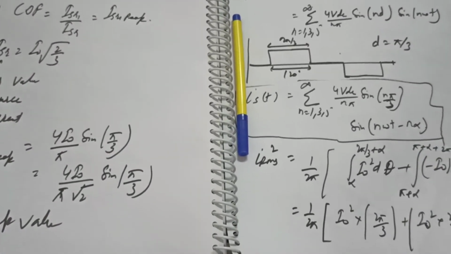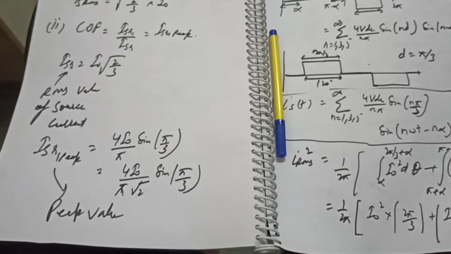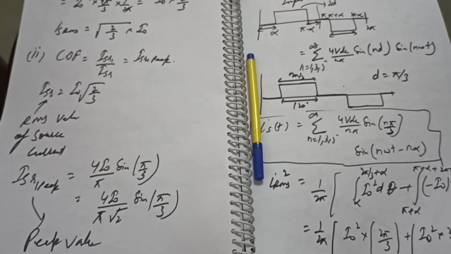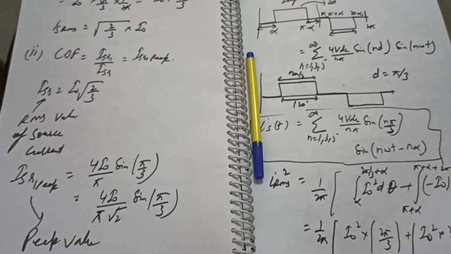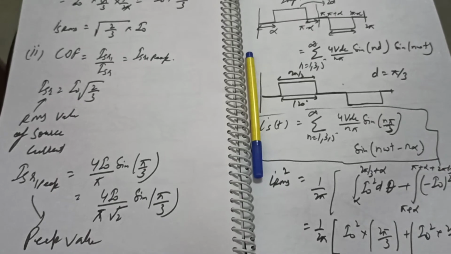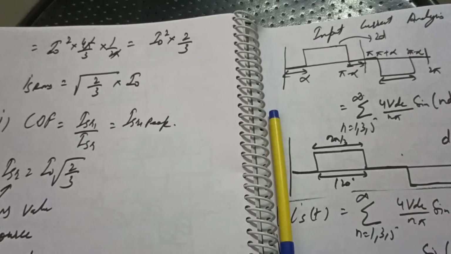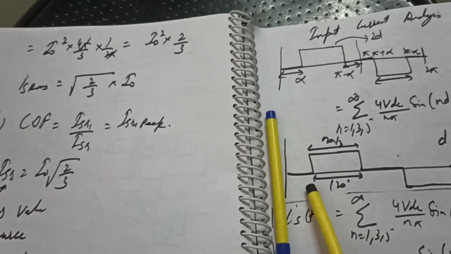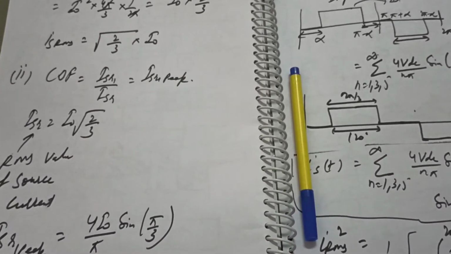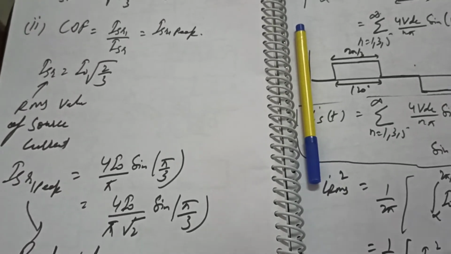Then we are simply going to integrate it to get the IRMS value, the RMS value of current. I had already discussed the current distortion factor, but I will recall this because it is important, that the Is RMS value is root 2 by 3 I naught. As you can see from this expression, 4 pi by 3 is basically the angle, that is 2 times 120 degrees is the angle for which the current is I naught. So the RMS value becomes this. We can also get Is1 peak, that is 4 I naught by pi root 2 sin pi by 3.